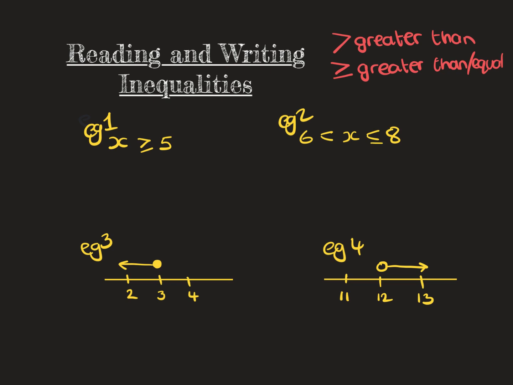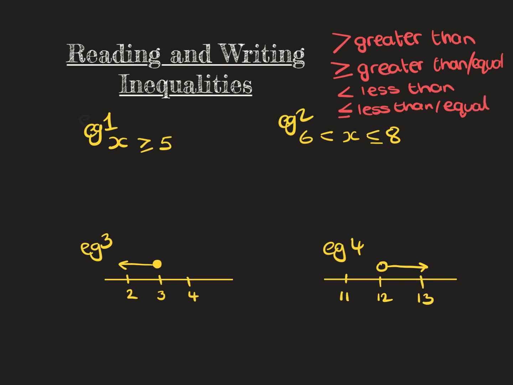Then we have two others, so we have less than, and finally we have one very similar, it's less than, but also there's a line underneath, so it's less than or equal to. And you would need to understand those 4 symbols and be able to read them before you